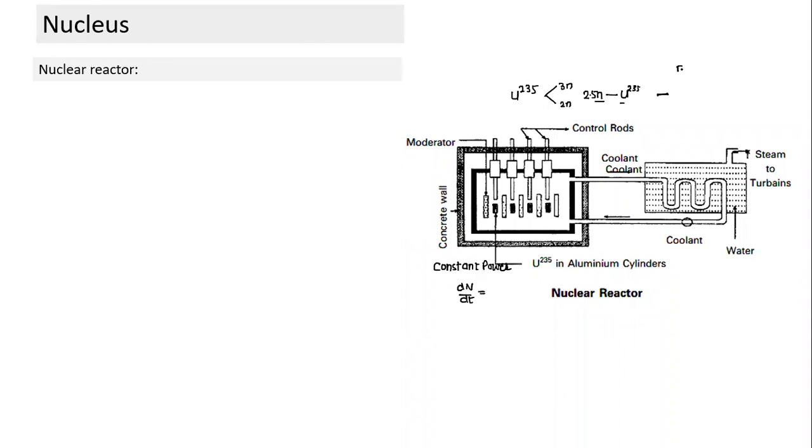So ideally, in a steady state, of every 2.5 neutrons released, only one of them should further get absorbed by U235. The other 1.5, let them escape. Only in this ideal scenario do we reach a steady state. Out of 2.5, if more than one gets absorbed, what will happen? The rate of reaction will keep increasing. If less than one gets absorbed, what happens? The rate of reaction will slowly die down. And if exactly one, that is, every nuclear fission leads to one more nuclear fission, or n is equal to 1, then it will have a steady state.